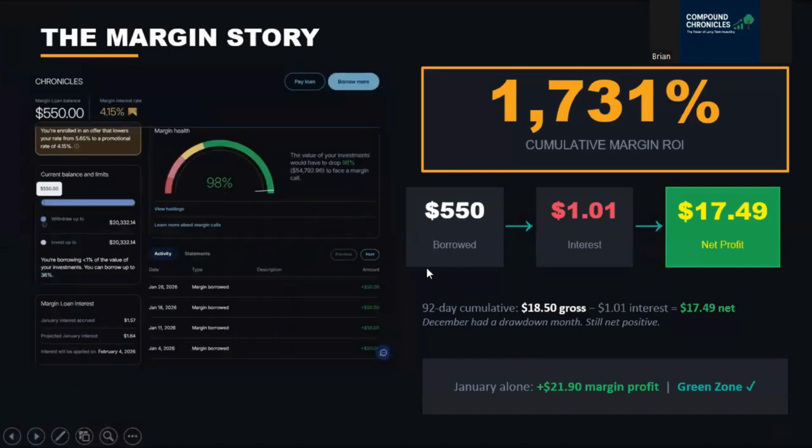The margin story. So this is the big headline. This is why I'm doing most of these videos. For one, this is for educational purposes only. This is not financial advice. I am not a financial advisor, but I am using light margin, up to about 10% is where my threshold is before I stop using margin and let it ride. But we are up since starting this in October,